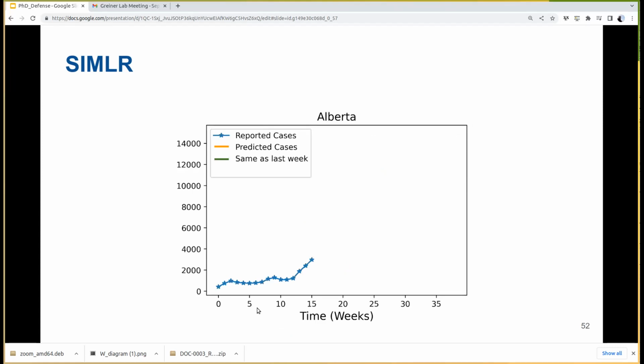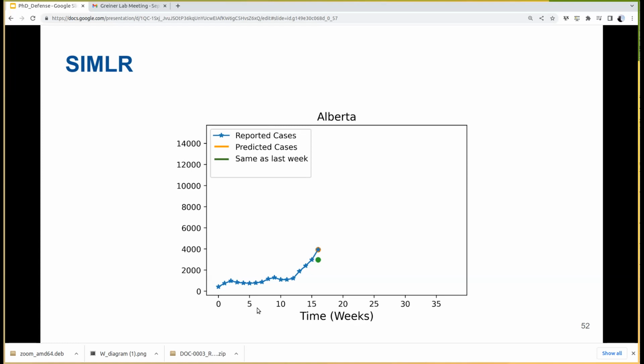So for example, imagine that we are here at week 15. Then we take the beta of the 3 previous weeks. We predict the new beta and gamma. And then we use that probabilistic model. And before that, we have 2 options. We can first say that the next week we will see whatever we saw in the previous week. Then we use the SIR model to make our actual prediction, that is the orange in this case. And then we compare with the reality. And it is working very, very well.